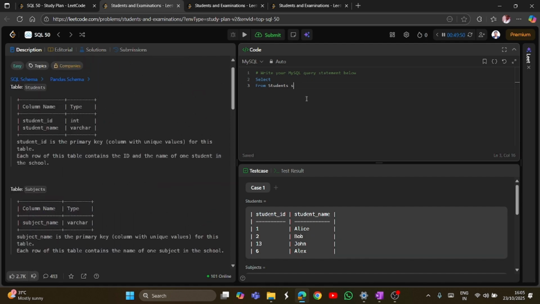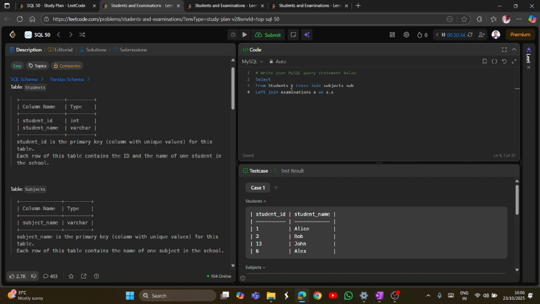So from students as S, this is an alias, and if you're continuing my series then you know what an alias is. From students S I'm making a cross join with subject, as sub, to find all the possible combinations. This is the first step. And then I'm doing a left join of examinations E on